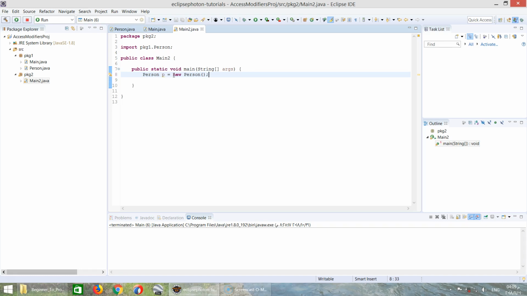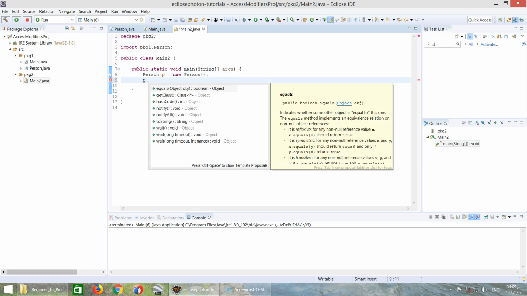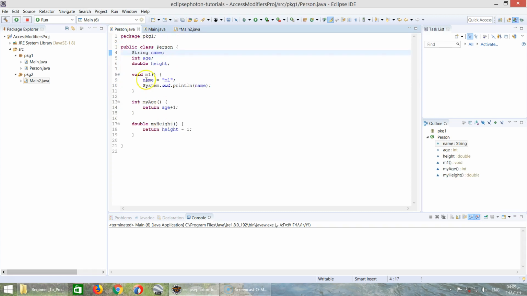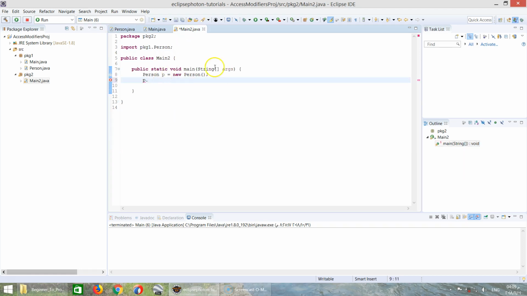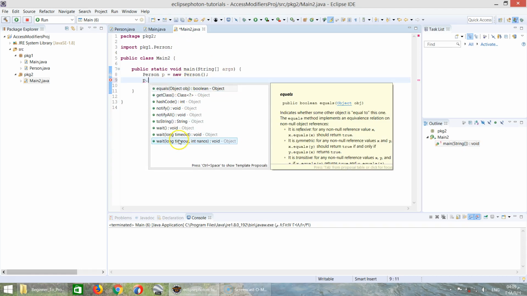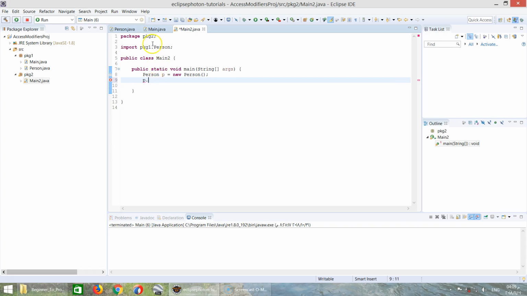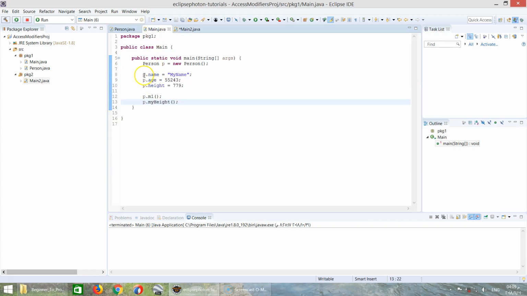And now let's try to access the attributes inside the class person. Let's type p dot. Look at the difference. You can't access either its attributes or its declared methods, which are m1, myAge, myHeight. Look, those methods do not exist here. And if we try to copy them from here,